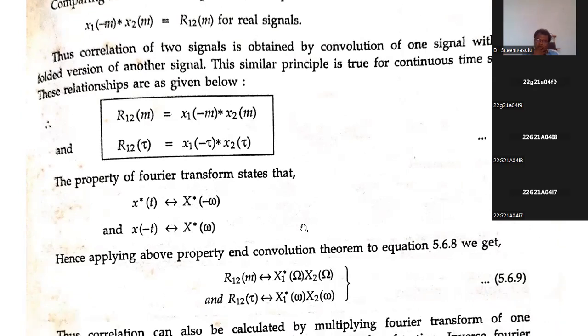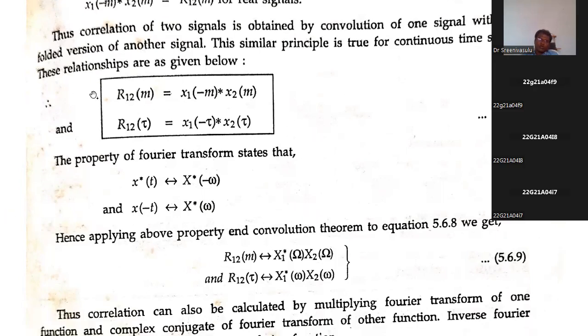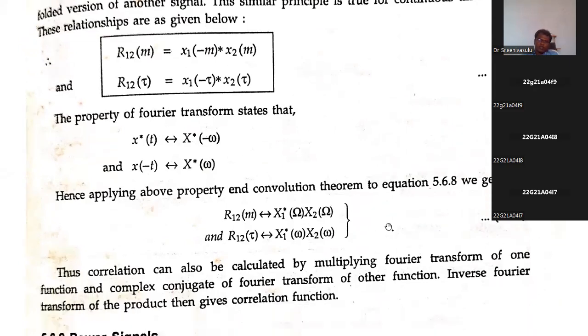Suppose you want to write this in Fourier transform form. If we apply the Fourier transform to this R, for discrete time signals we need to go for the application of the DTFT. We can apply the DTFT formula. Here it is a continuous time Fourier transform. To show the difference between DTFT and continuous time Fourier transform, we are showing this omega. This omega is for DTFT, this omega is for CTFT. We can follow both omegas with this omega only, no issue, but we are showing it for differentiating discrete time and continuous time.